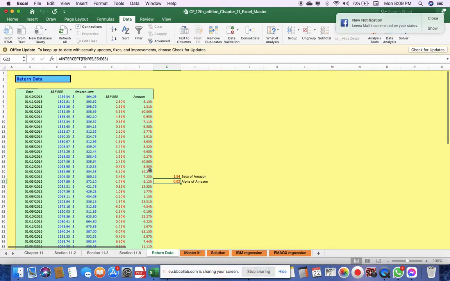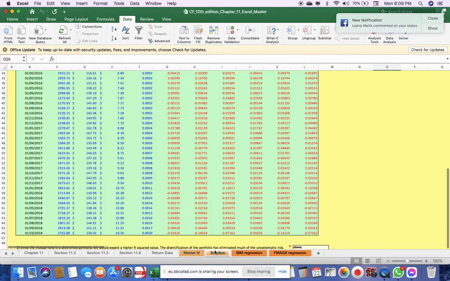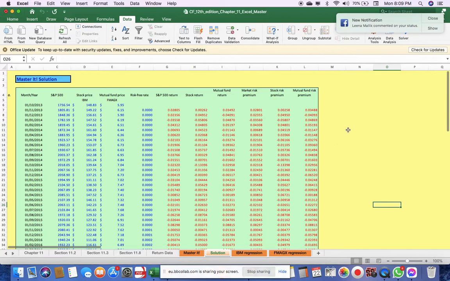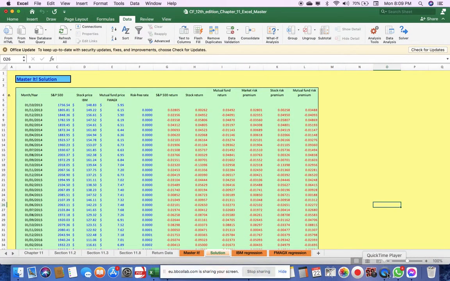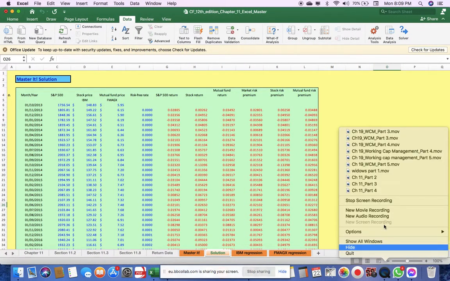Okay, so this is the way we have to calculate all the chapter 11 related items, for which we have used a few of the functions. And to master it, sky is the limit. If you do a little more practice, the more practice, the more expertise you can get. There is no end to it, as I said.